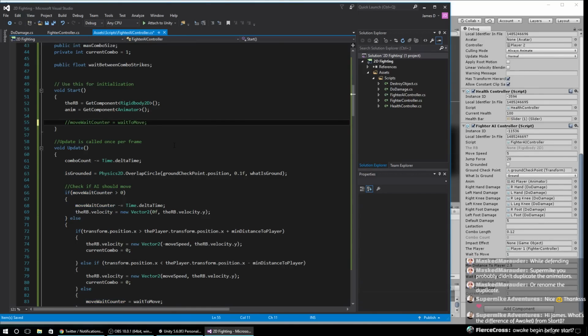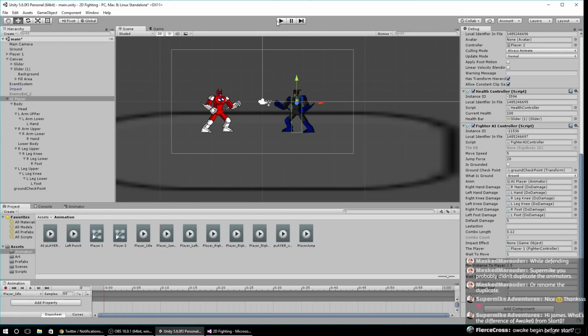So I'm just going to comment that out. So guess what? He's going to start moving as soon as the fight starts, basically. What's the difference of awake from start? Awake begins before start. No, the difference is that